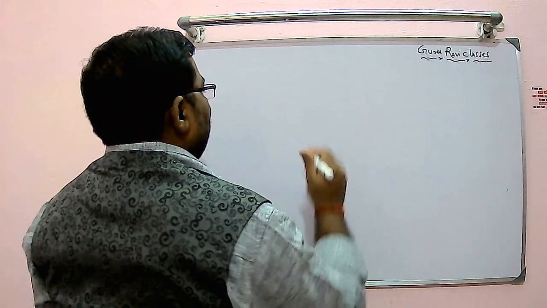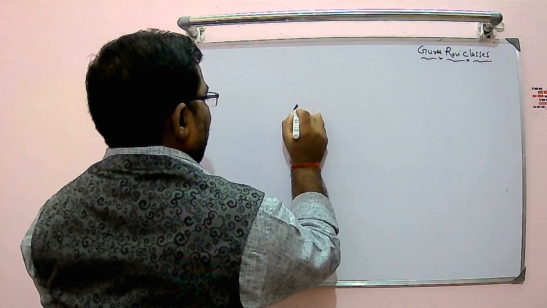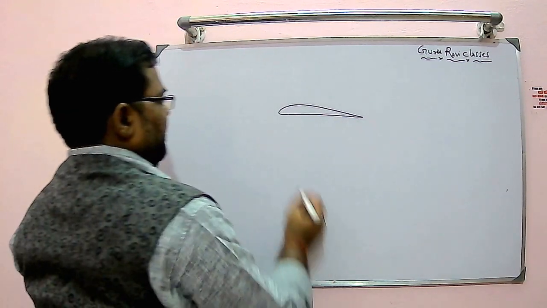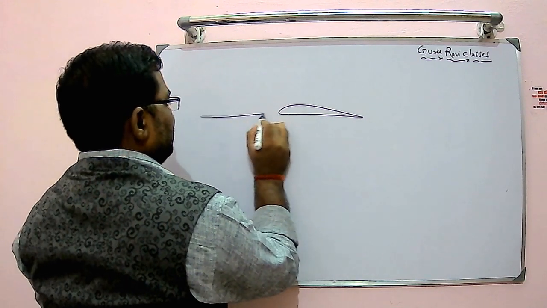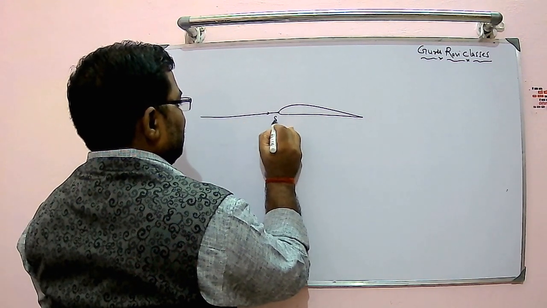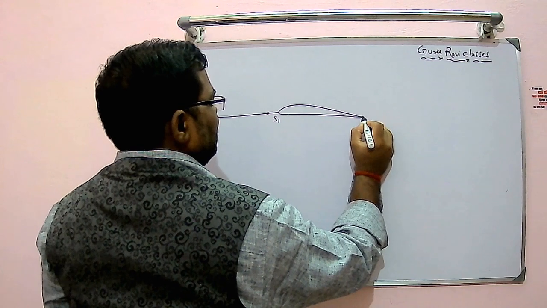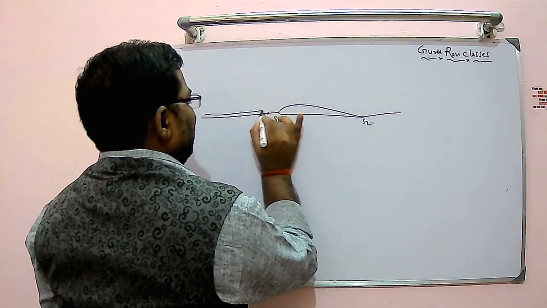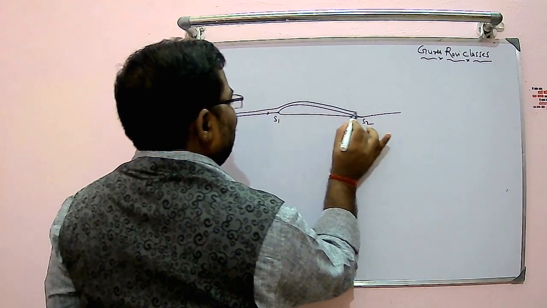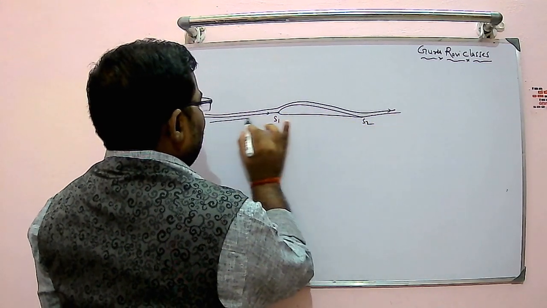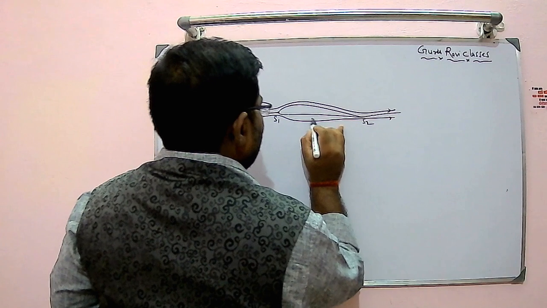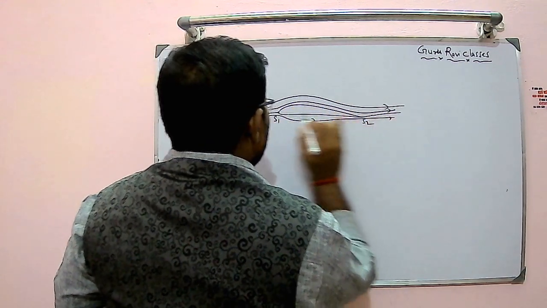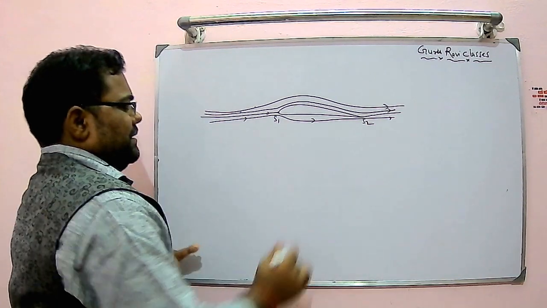So if we look at the airfoil and we are keeping the airfoil at a certain angle, just like this is an airfoil and flow is coming from this side, will strike over here. So I get the first stagnation point here and the second point exactly here. Alright, so flow will be almost attached, finally detaching here. So I will be getting this kind of pattern. Alright, so it's a very smooth pressure distribution I will be getting over that. So this is the one case.